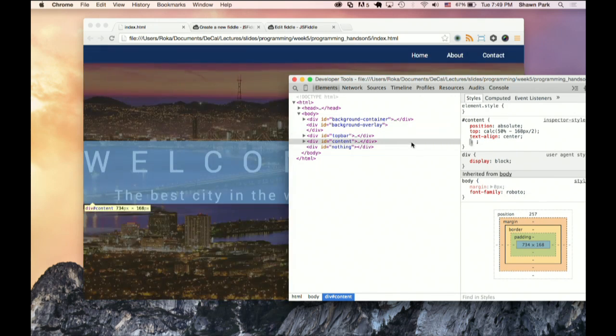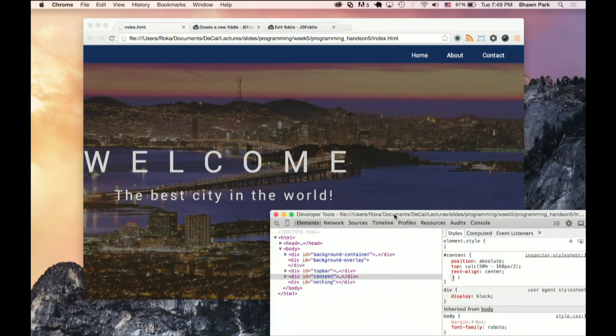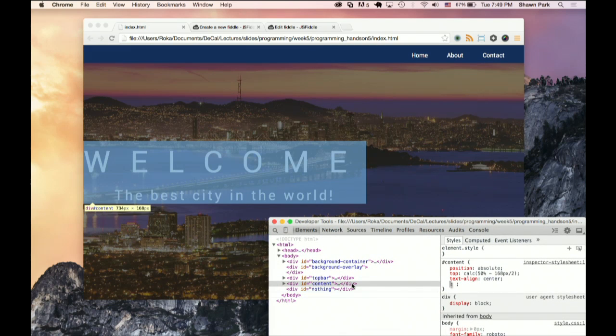Does anyone know why the title is still not centered, even though we use text align? Yes? I dealt with this problem on homework when I set a width attribute, it disables the center. Yeah, exactly.